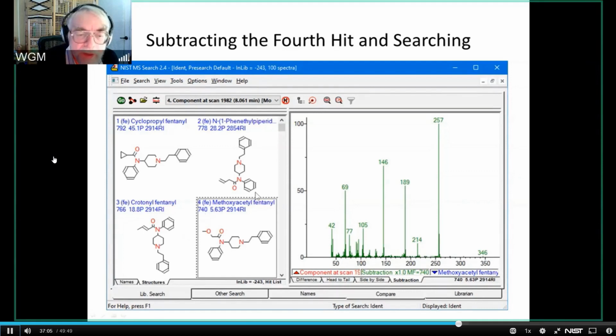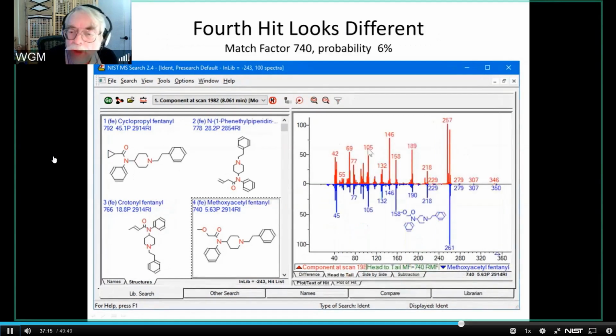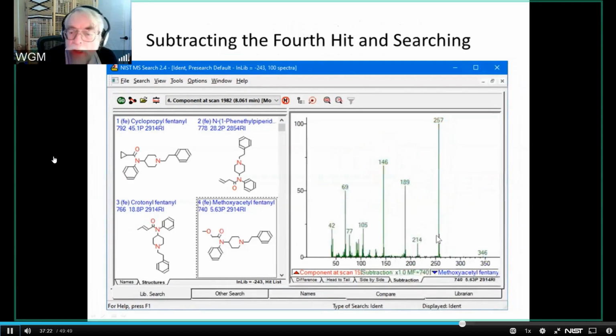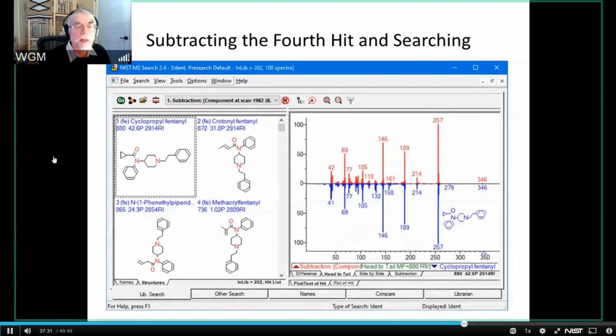So the spectrum for this molecule was subtracted from the raw data. This is the raw data. This is being subtracted from it. You can see that it's going to take out the 261 and leave the 257. And once again, I can search this spectrum. And when I search this spectrum, I get